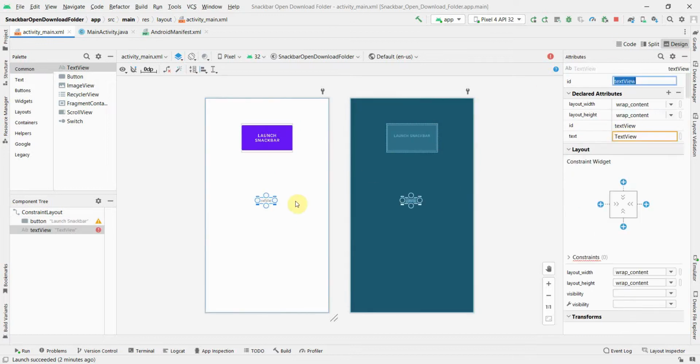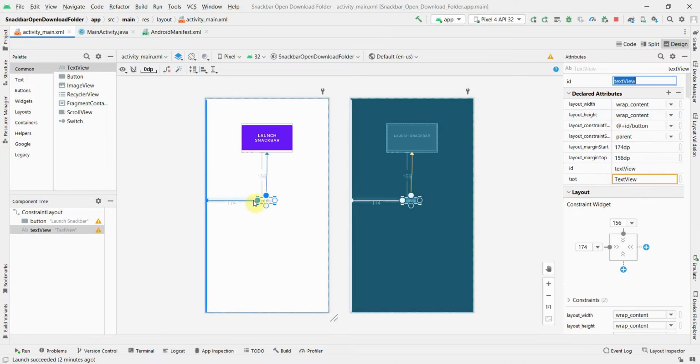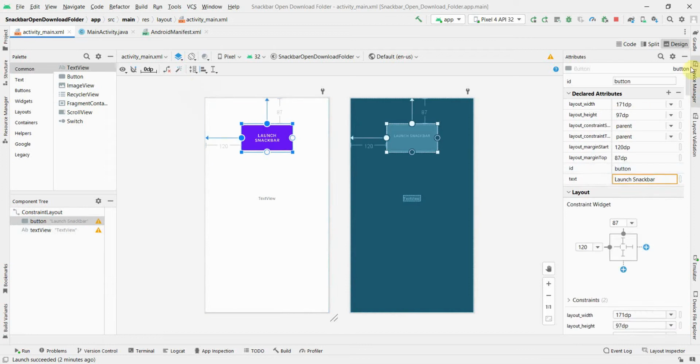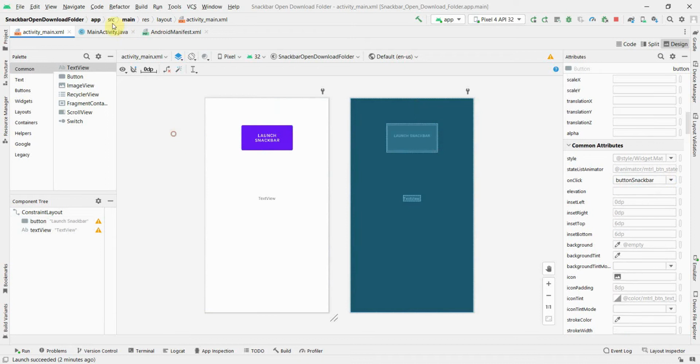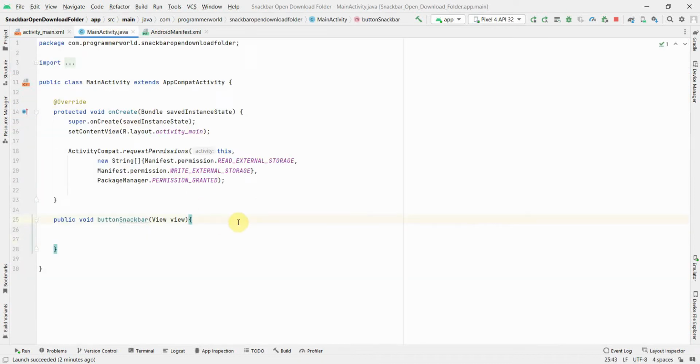I'll show you why I'm putting it back here. We'll get to know later, just to capture the view, because by default a snack bar will come on the bottom. So if you want to bring it somewhere on the top of some other view, this is how I would like to show you. It will be easy. Coming back to this button, I'll associate the on-click attribute of this with the method which we defined. Perfect. Now if I go back,